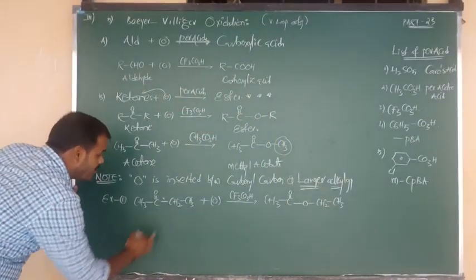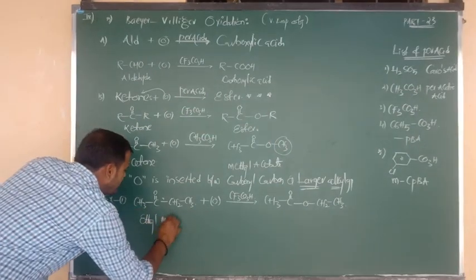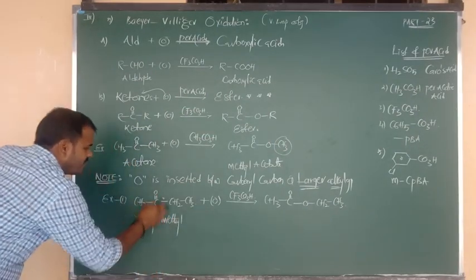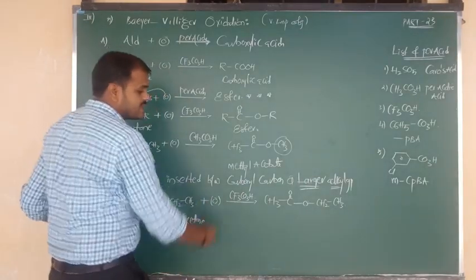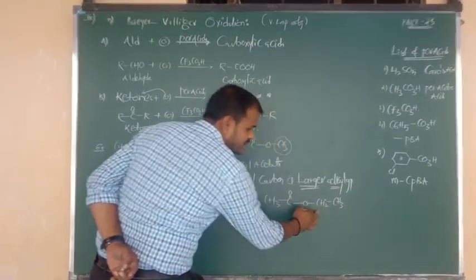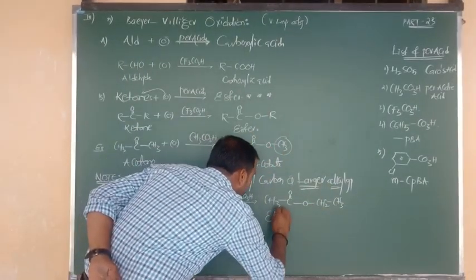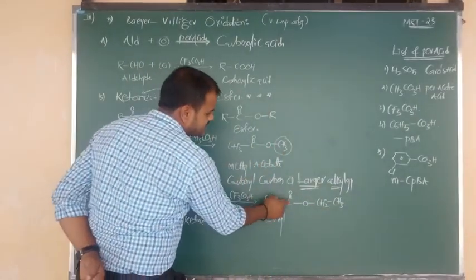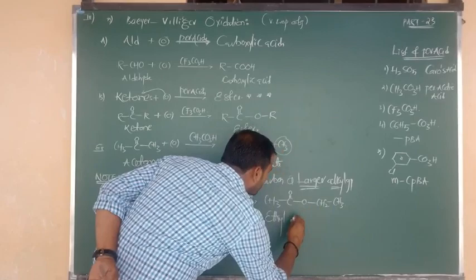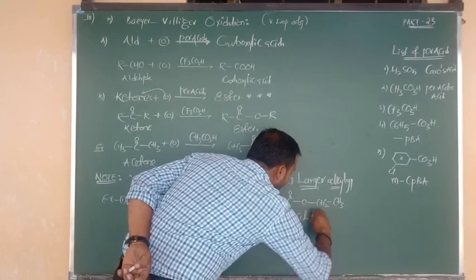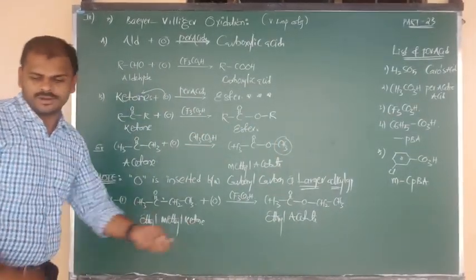Now, what is the name of this compound? Ethyl methyl ketone. One side is an ethyl group, the other side a methyl group, and the functional group C double bond O means ketone. Ethyl methyl ketone upon oxidation with per acids changes into the product CH3CH2, this is the side chain. Earlier the side chain was methyl, here the side chain is ethyl. The remaining CH3COO is the acetate ion. Ethyl acetate. Will you write another product based on the same reaction? I want to give you one question now.